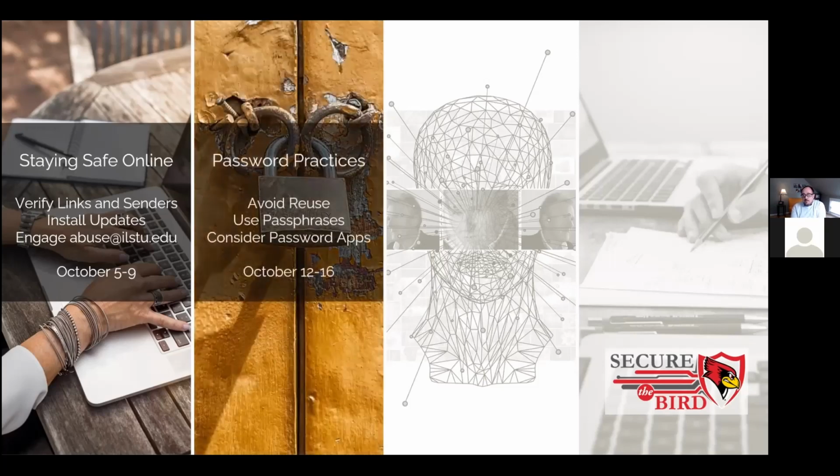Week two covered password practices. Just a few quick points here. Avoiding password reuse. Trying to use passphrases. So this is where instead of doing a really complex character and alphanumeric kind of password, you have a series of words instead, so that overall the length is increased. And maybe it's easier to remember, but it's actually more secure and safe against compromise. We also recommend considering password apps or password managers, because as you avoid reuse and use passphrases, it can still be difficult to remember what they are.